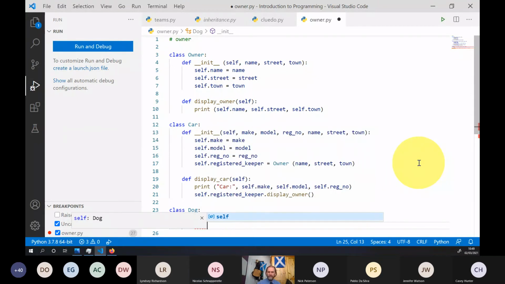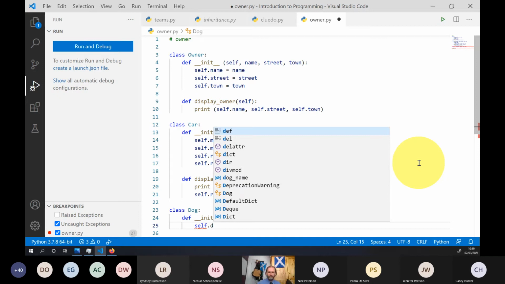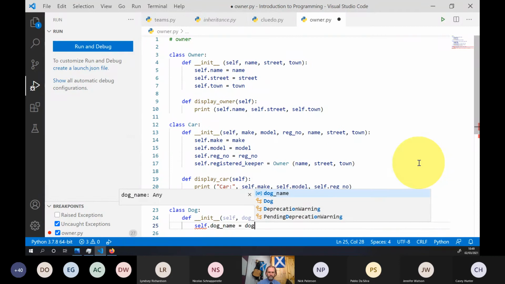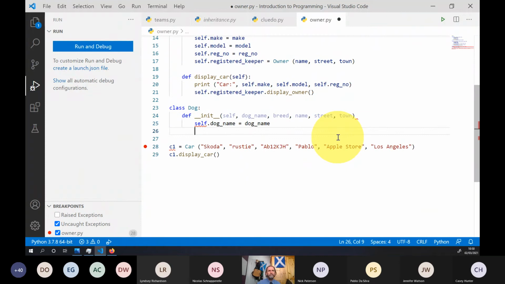We can then do the same stuff. Set up the dog. What have I done wrong first?